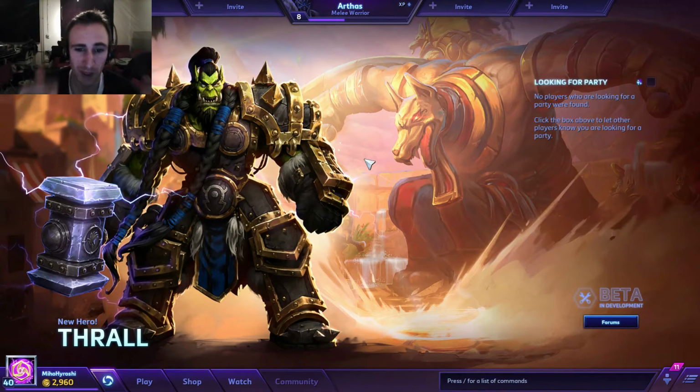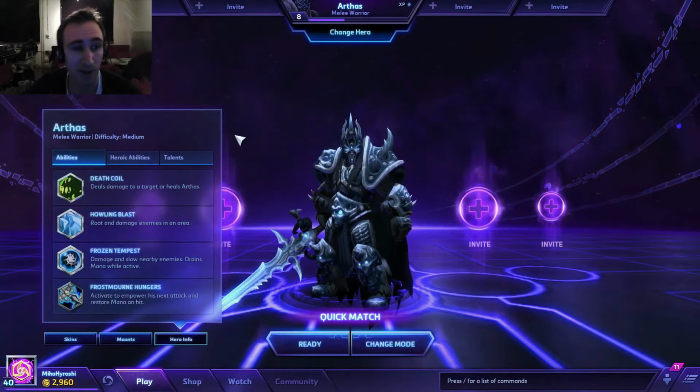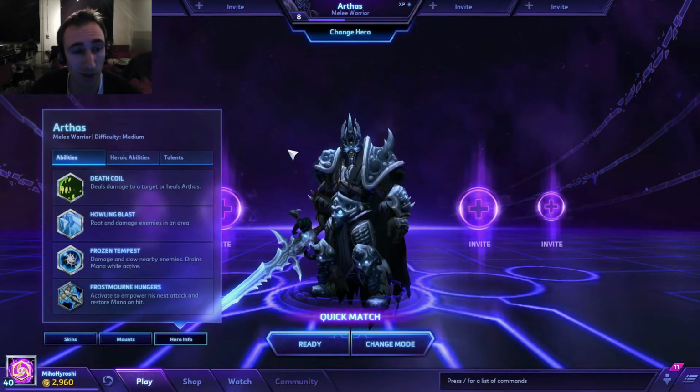Just form a big tank line in front with Arthas and just protect your carries, protect your specialists and supports. It's a really nice hero that can soak up a lot of damage. That's why he's mostly picked in competitive play as well. He actually deals a substantial amount of damage and on top soaks a lot of damage from the enemies. So let's get into the heroic information, and then we can see exactly why he is so popular and why